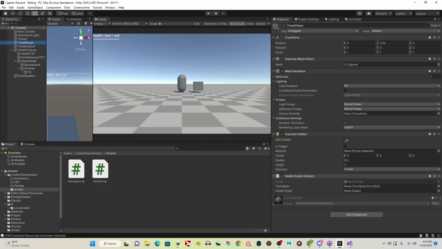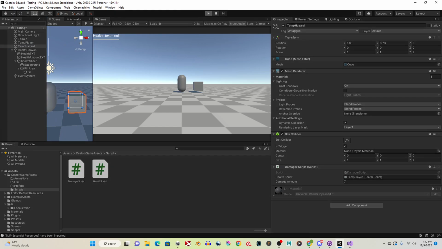And we're going to come back here to this guy. And we're going to pass the health text here. Or actually, we need health amount text. And we're going to do the health slider. So now is what should happen. Should, keyword. If I press F on this guy, hit play,